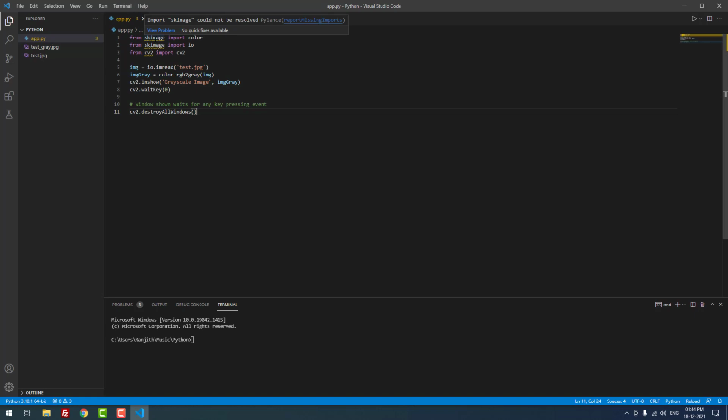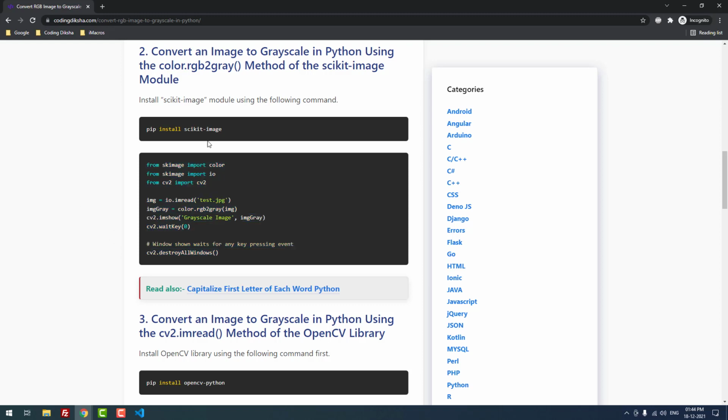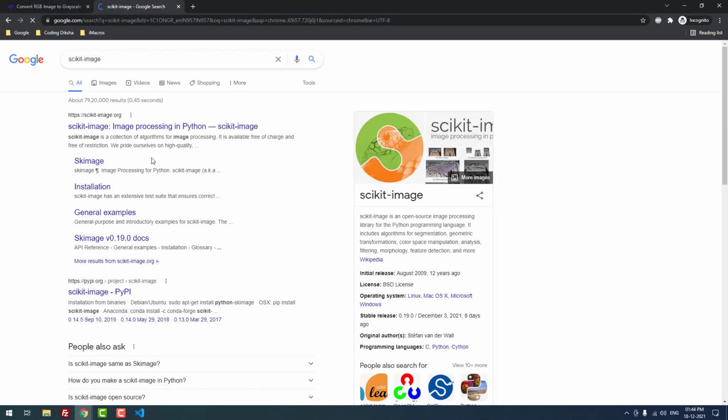It is showing the import skimage could not be resolved. So the library is not installed successfully. I don't know what the error is. Let me check it. Scikit-image installation.